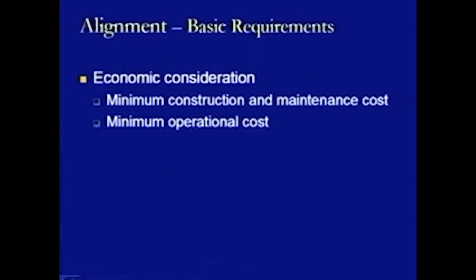Now, when the route or the alignment is being constructed, we have to look at various aspects by which the overall cost of construction can be reduced. It includes the machinery, the manpower, the material, everything. In the case of operational cost, the alignment should be such that the fuel requirement or the wearing of the various components of the system is as minimum as possible,